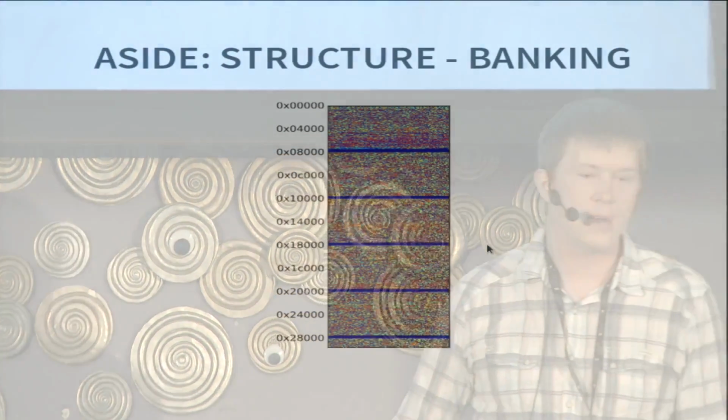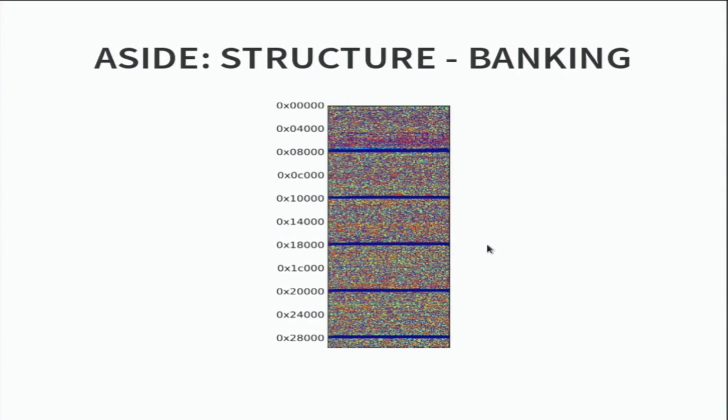when you have a firmware file. For example, in this image that I'm showing you right here, you can see regular structure at power of 2 boundaries, and that's a real clear indication that whatever target you're looking at is using banking of some kind. A good heuristic is to count the number of zeros or Fs or repeating bytes right before power of 2 boundaries, and the lowest power of 2 that has that is probably the one that you're seeing banking occur